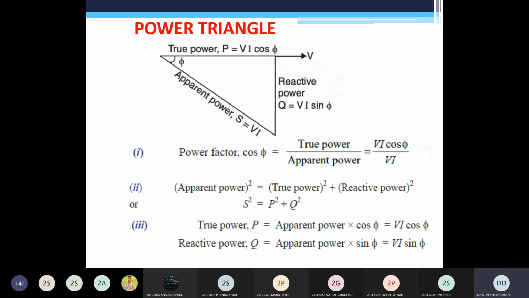Clear? As we already know, in your load, like in a motor, torque is produced by the active power. So if you provide apparent power in which true power is 0 and reactive power is the same as apparent power, that motor never generates torque and will never rotate. Because of this reason, a high power factor is good for your circuit. So the higher the power factor, the better your circuit is. Clear?